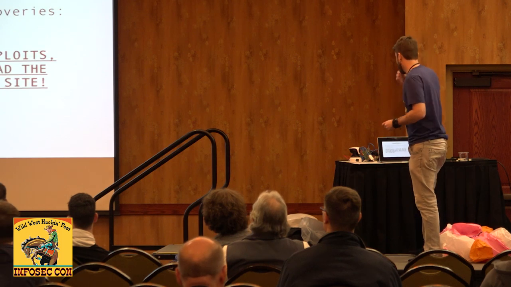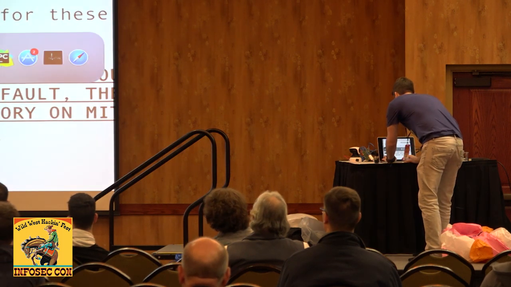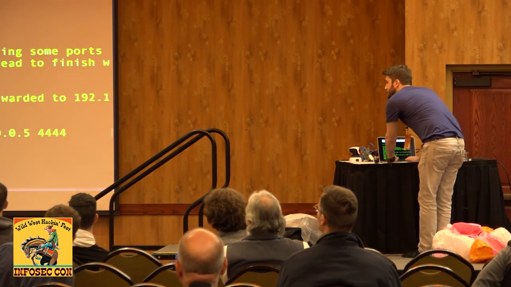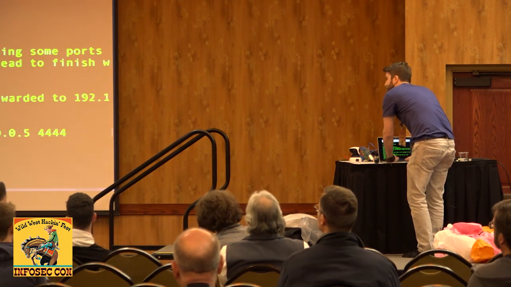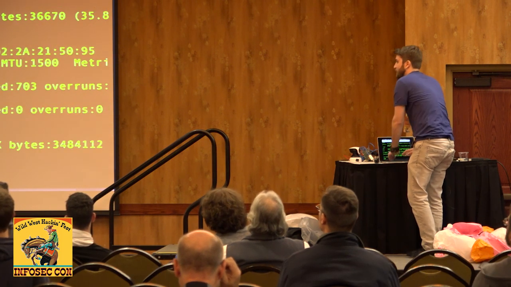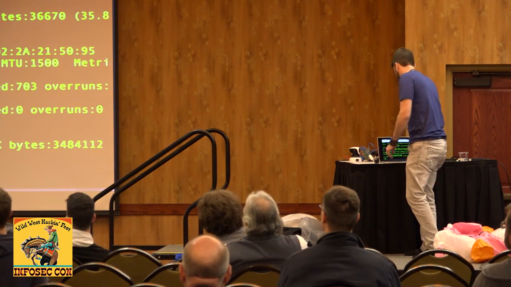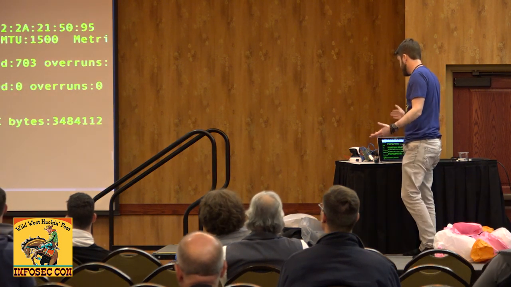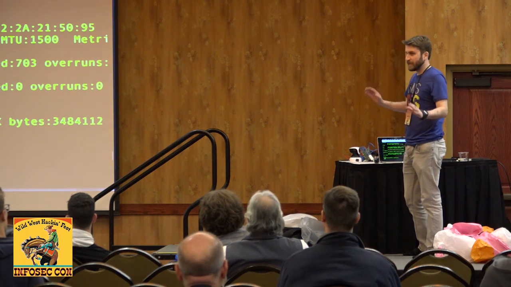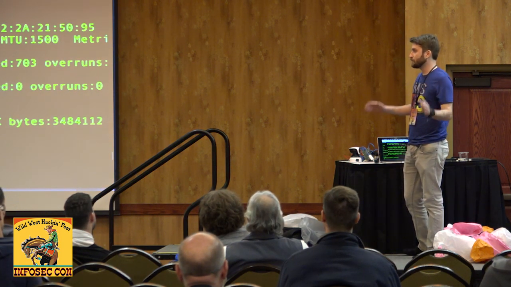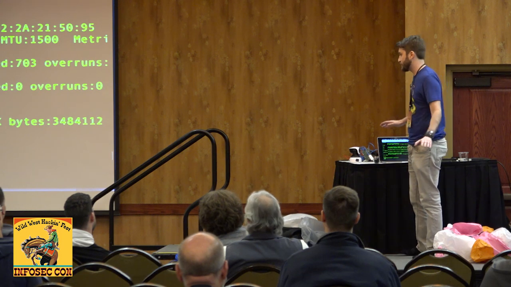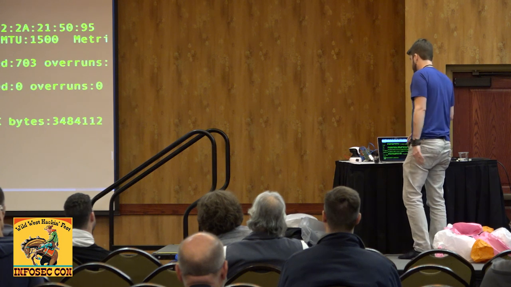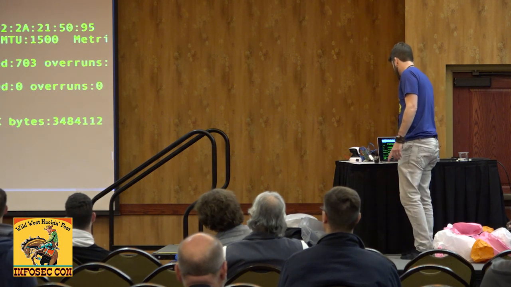Let's see if it finished. Okay, let's try that. Yes! And as you can see, we now have a root shell. I can show you, I'll do id. As you can see, I'm UID 0, I'm root. That's code execution. That works on every router that has UPnP turned on. Every router, doesn't matter which vendor. Even an expensive Cisco. So kill the UPnP that's running on your router.